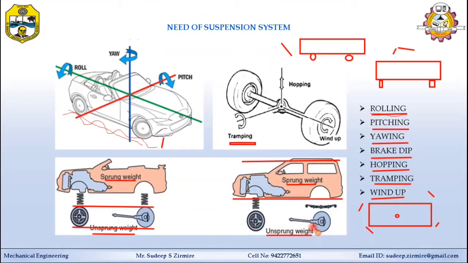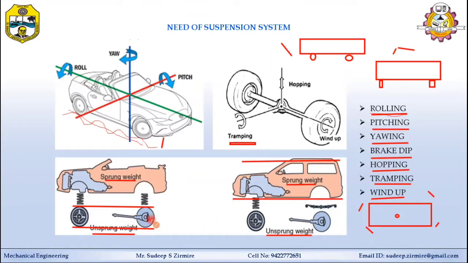What is the effect of the sprung weight and unsprung weight? When the vehicle strikes bumps, the unsprung parts vibrate and store the energy of vibration, and further transmit it to the sprung weight. This happens through the spring. If the weight of the unsprung parts is more, more energy is stored and the vehicle creates more vibration. So friend, the unsprung weight of the vehicle should be less.